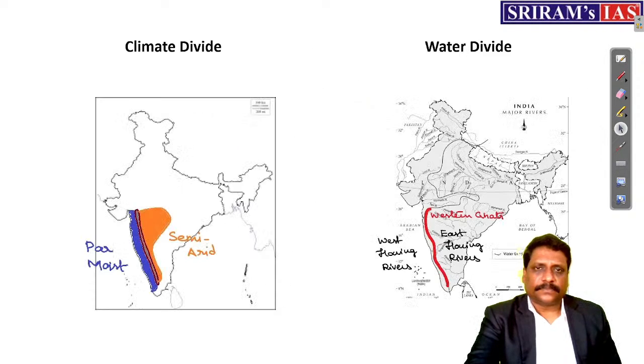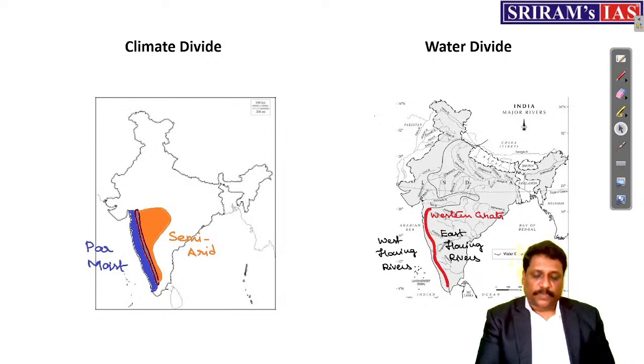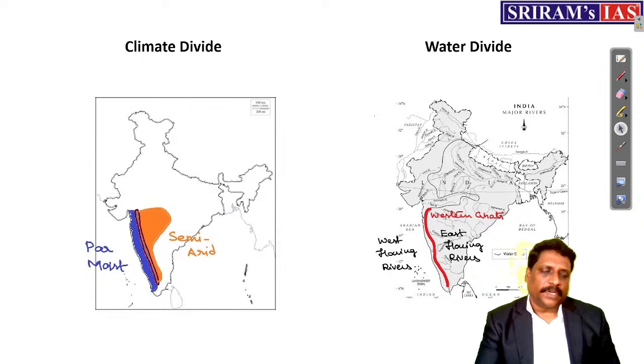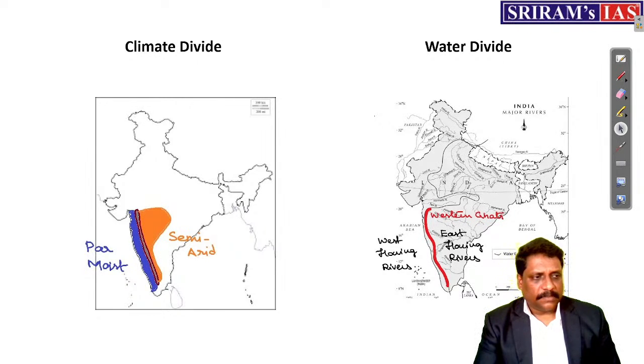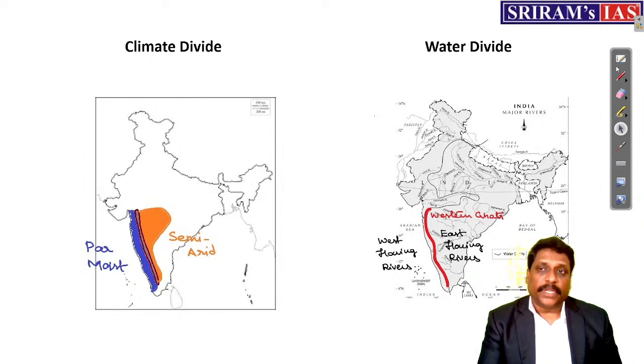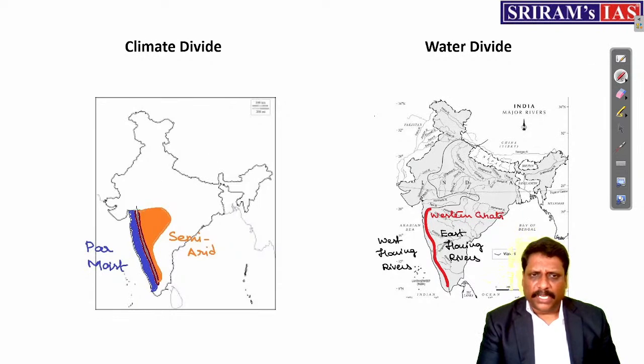Further, this Western Ghats, my dear friends, you also call them as a climate divide. You also call them as what? Water divide. What is a climate divide? I'll tell you, my dear friends. Okay. What exactly is a climate divide? I'll tell you. Only a continuous mountain can be an example of a climate divide. Name itself says climate and divide.